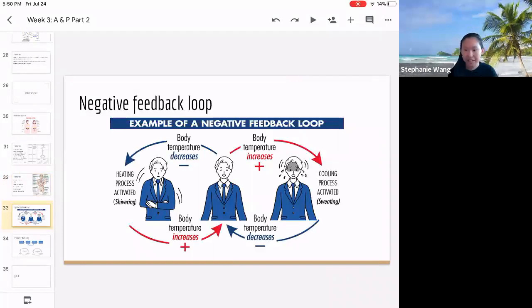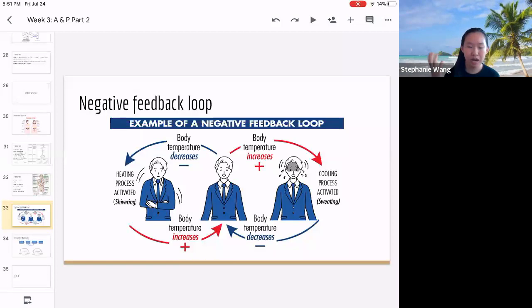Before we end this session, I just wanted to talk about feedback loops. Feedback loops are not specific to the endocrine system. They are honestly present in every aspect of the body. The negative feedback loop is the most common type. Here's an example: whenever you're cold, your body will shiver, and the shivering will increase heat, decreasing the amount of coldness that you feel. So you'll get more warm. So that's why it's negative.